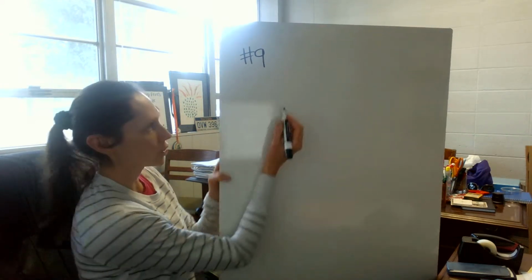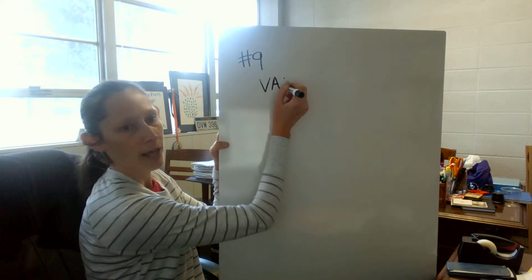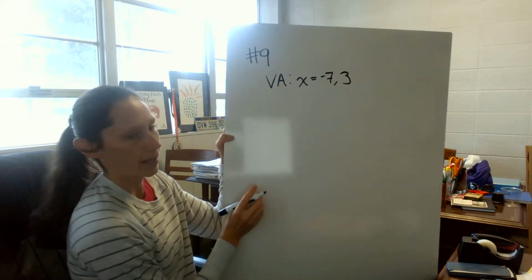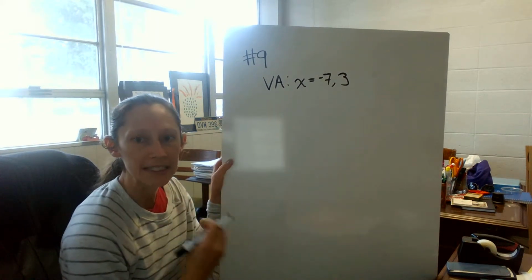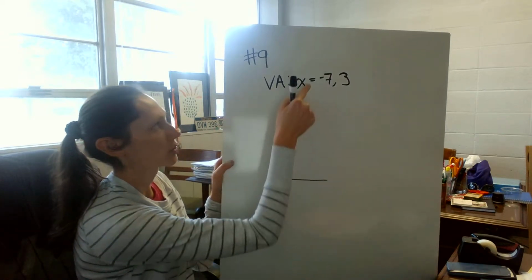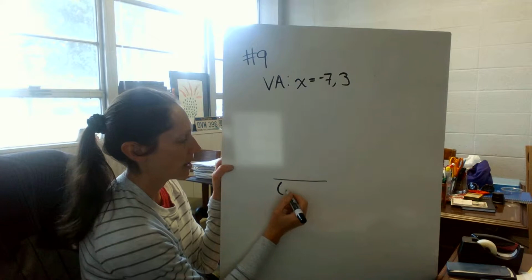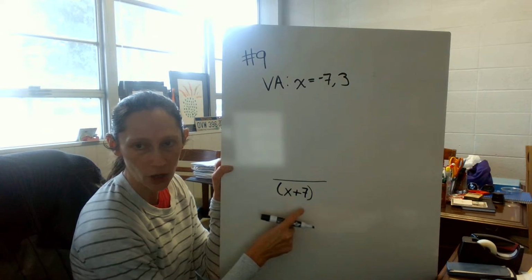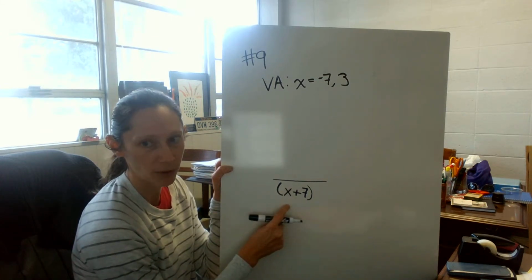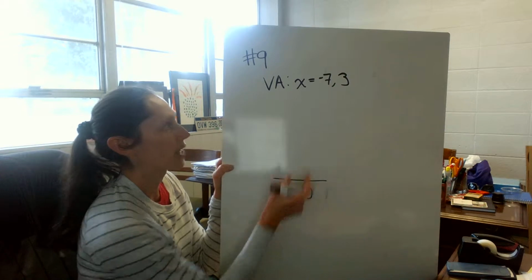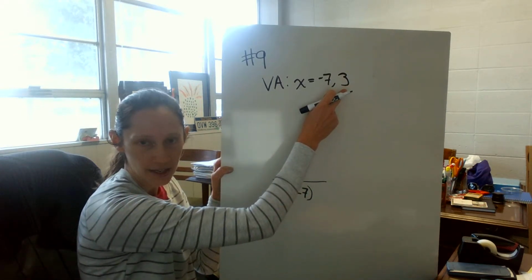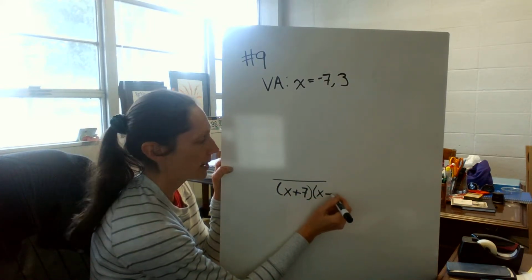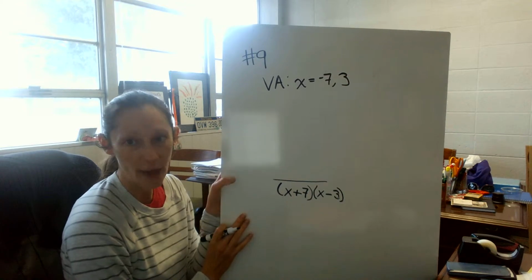Okay, so the first thing listed to me are the vertical asymptotes. It says x equals -7 and 3. Vertical asymptotes come from the denominator of a rational function. So if -7 is an asymptote, that means x, change the sign, plus 7 is a factor. Factors are quantities, or expressions, that get multiplied. So I'm grouping them together so that I can multiply it with the next factor. If 3 is a vertical asymptote, that means x, again, change the sign, minus 3 is a factor in the